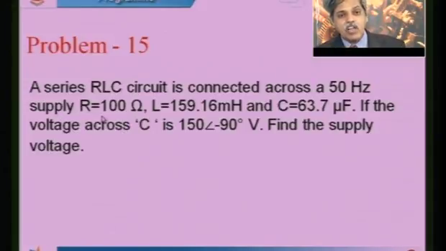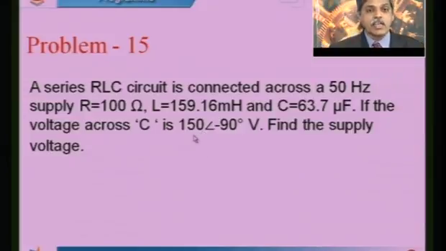So adding all the three voltages vectorially, remember the current you have in the circuit is a vector, therefore all the voltage drops are also vectors. Adding all the three voltages vectorially, you will get the total supply voltage. That means along with the magnitudes, you should also consider the direction of the voltages.